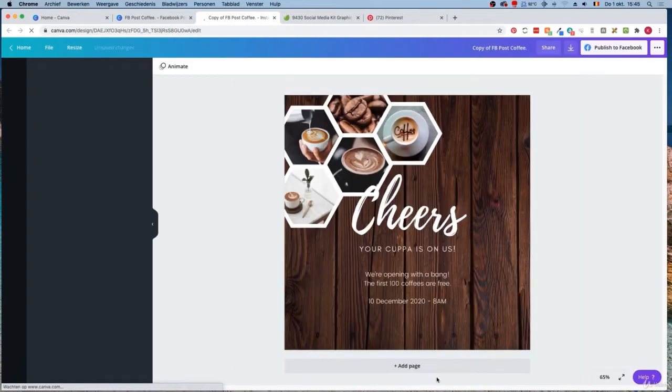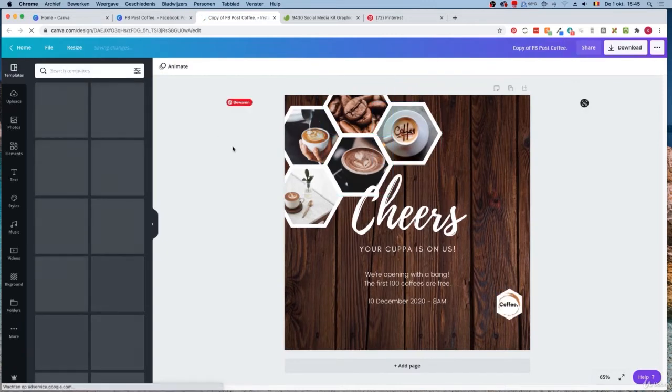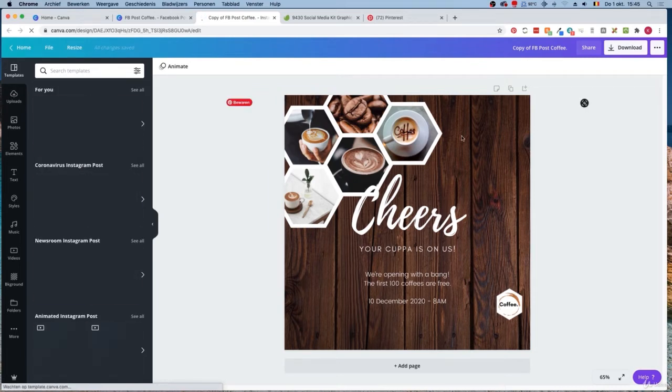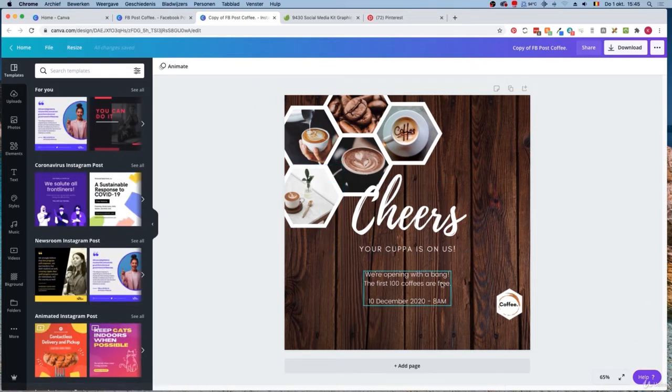If I click on copy and resize, Canva is automatically going to open a new tab. It's going to copy my design, but put it in the right size. So as you can see here, we have a square canvas now, which is the size that we need for Instagram. And so it used everything that was on the old one,